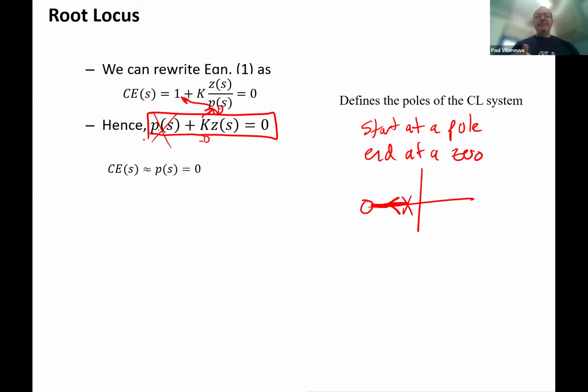And so when we did that, we started with our concept of a mantra, which is we always start at a pole when K is equal to 0. We have our poles, and then as K increases, approaching infinity, we end up stopping or ending at a zero, all right? So when we're drawing these root locus plots,